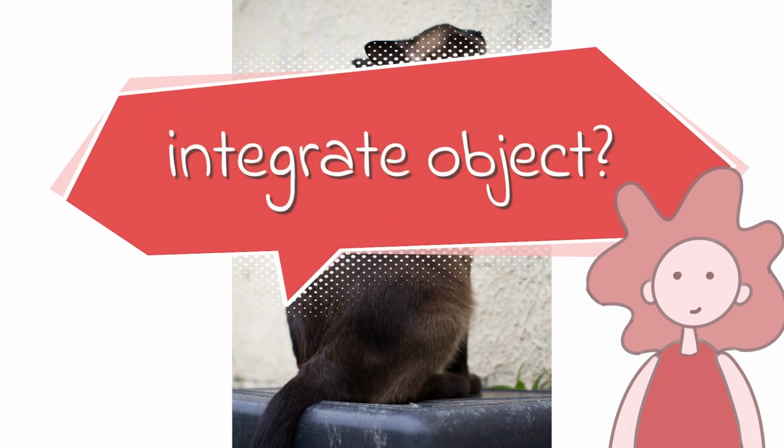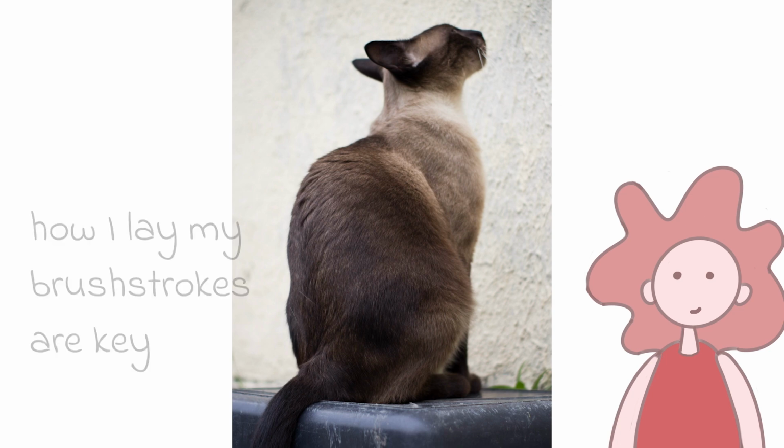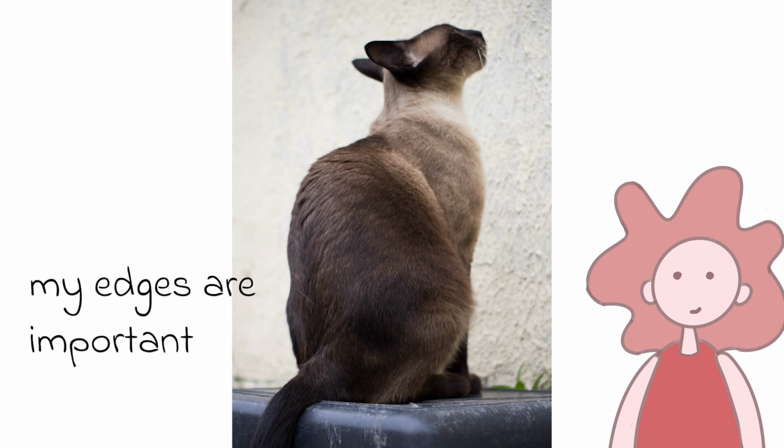I also need to integrate that cat in some way into its background. Even with a strong value contrast, I can create a good relationship between object and background with my brush strokes and loose, undefined edges. Before I show you the time-lapse video, I just want to mention the brushes that I